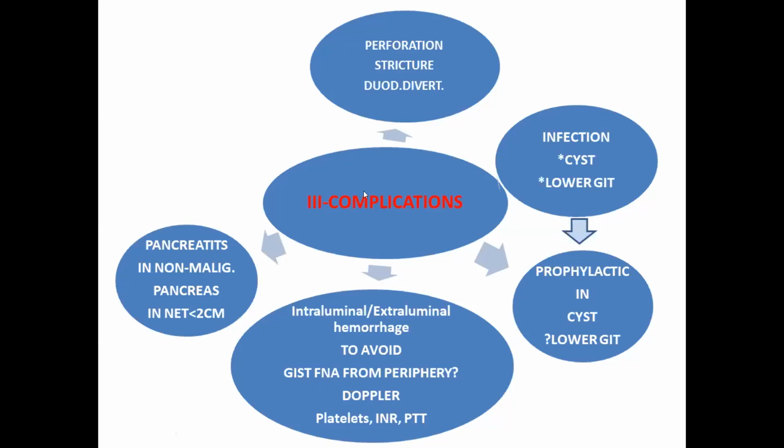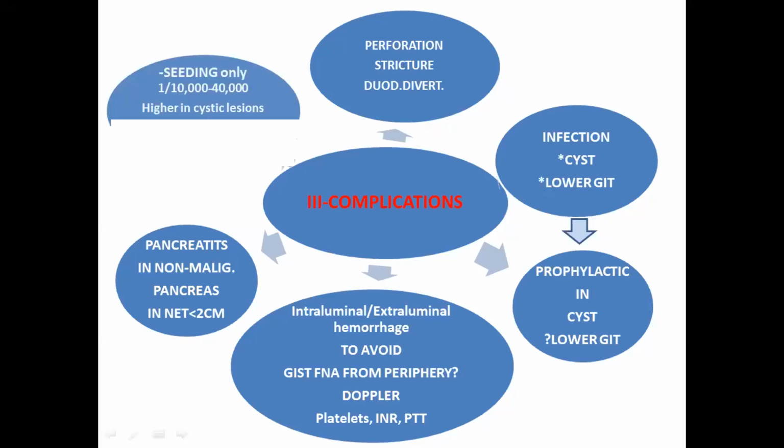One of the complications of EUS-FNA or FNB especially is pancreatitis. If you pass a long distance in a normal pancreas to reach a lesion, especially small lesions, if the lesion is 1 centimeter, then you should travel some distance inside the normal pancreas, because you are obliged to. So here, the advice is to pass as short a distance as you can through the normal pancreatic tissue to avoid pancreatitis. And seeding may occur,